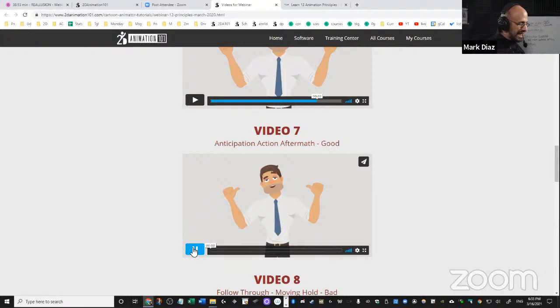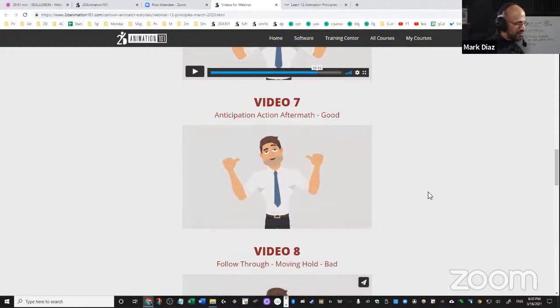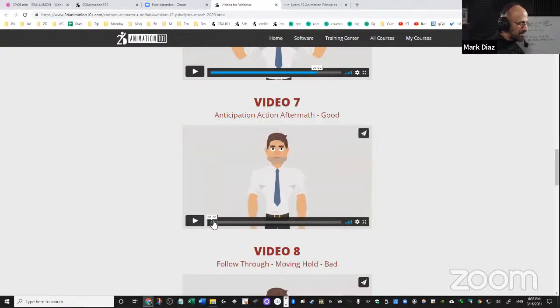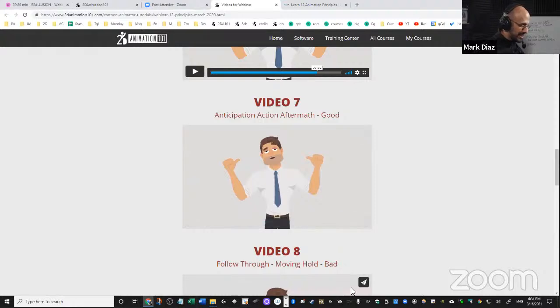Now, this one has way more personality. Look. Wow. Can you notice the difference? There's a big difference. Look at the anticipation of him before he points to himself. He's getting some air, right? He goes up and then he lands like a true champion. And the aftermath, he doesn't just stay there. He is kind of moving and sliding, moving his head, going a little bit up,